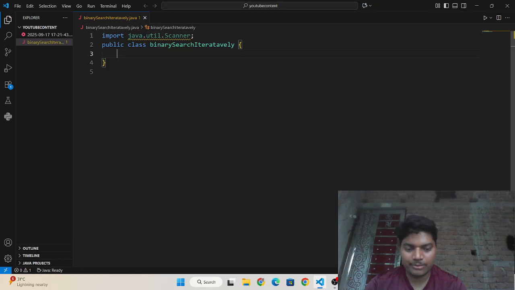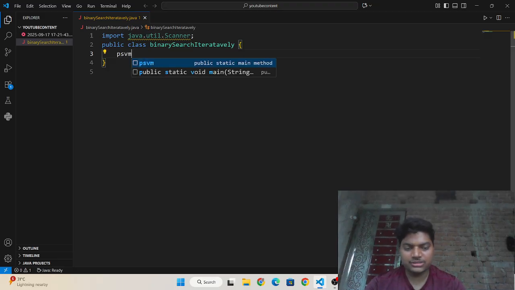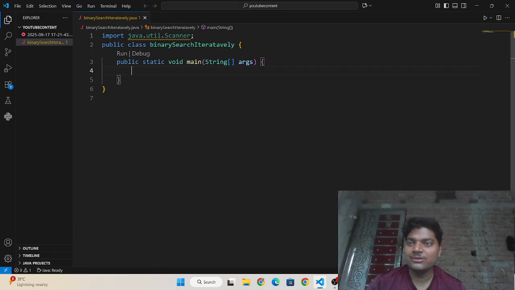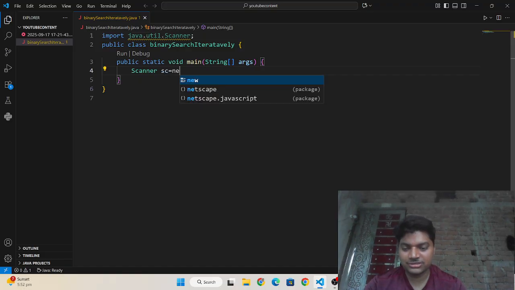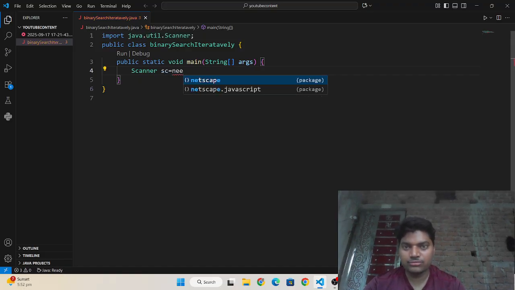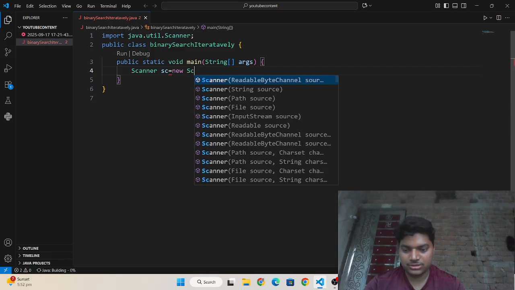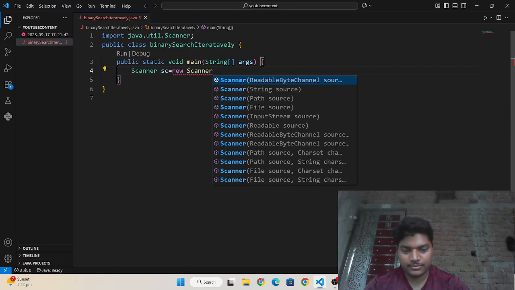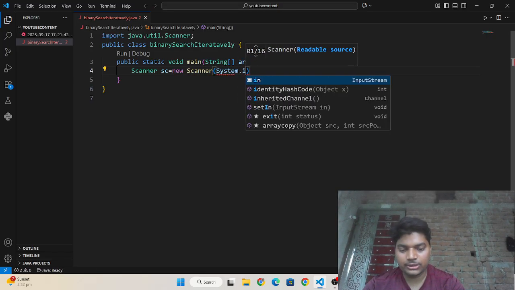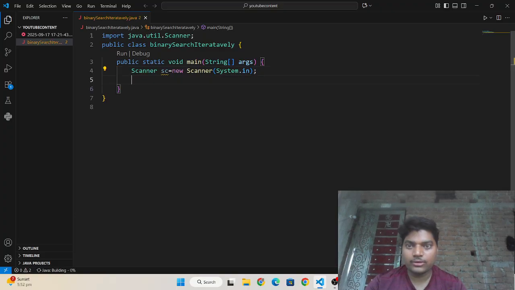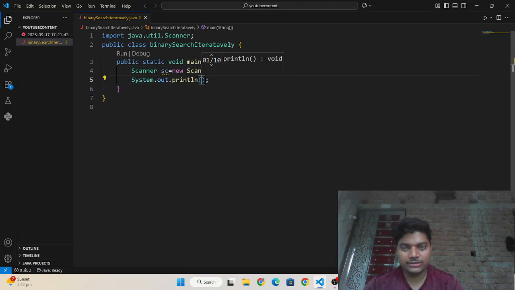I'm going to write psvm, which is the shortcut key in Visual Studio Code to write public static void main string args. Then I'm going to make an object for the Scanner class, Scanner sc = new Scanner, and then System dot in.